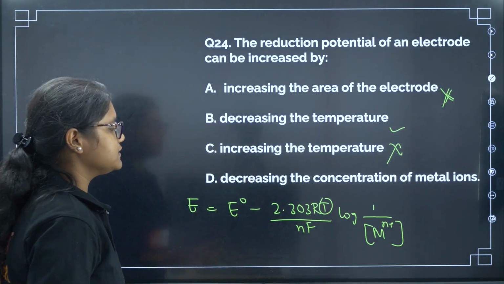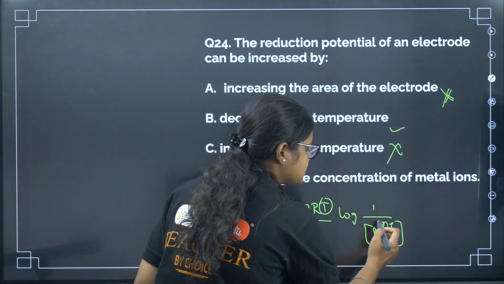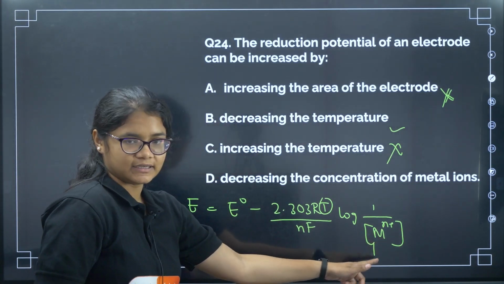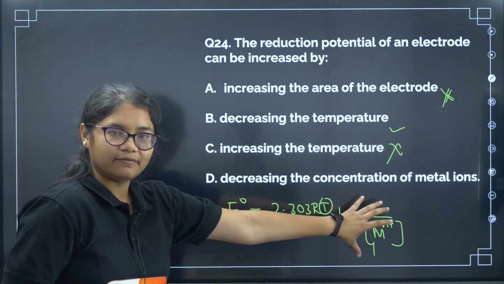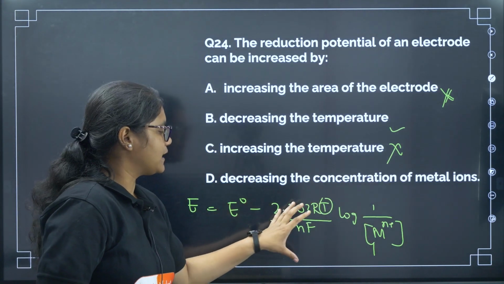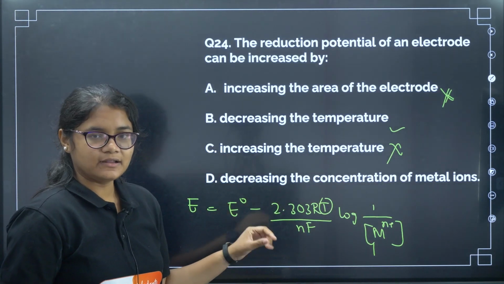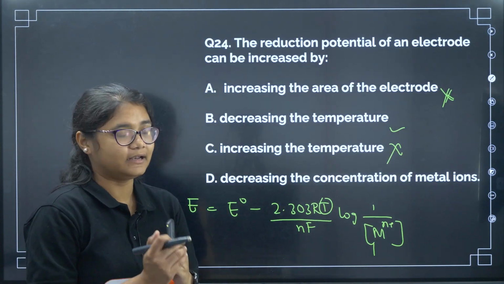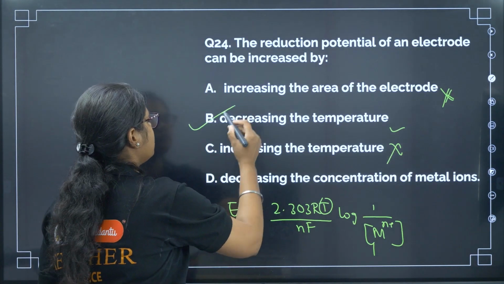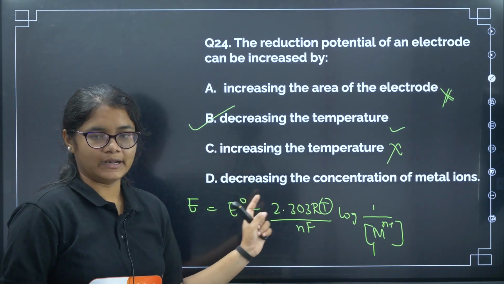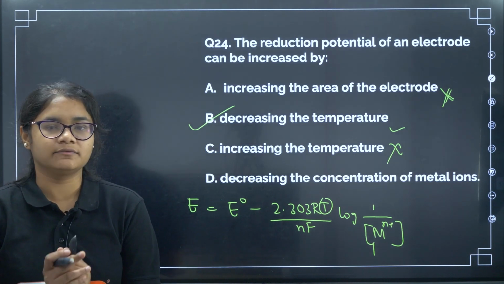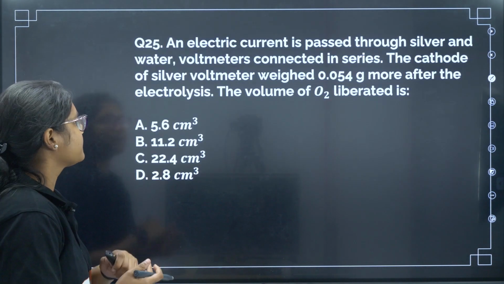Now decreasing the concentration of metal ion. If you decrease the concentration, the overall value will be a bigger value, right? So we are subtracting a bigger value from E naught, then E will again decrease. So to increase it, we have to decrease the temperature, which is directly related. The correct answer for this question will be option number B. Next,